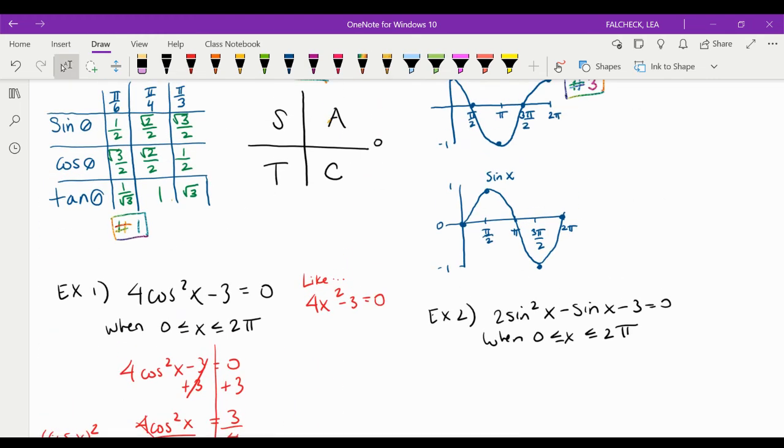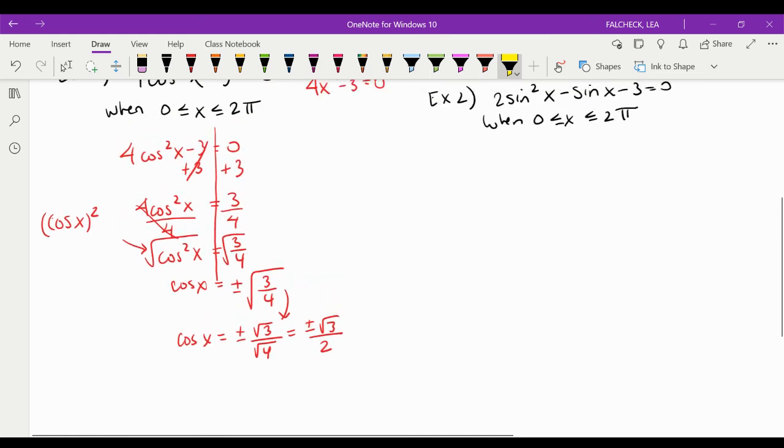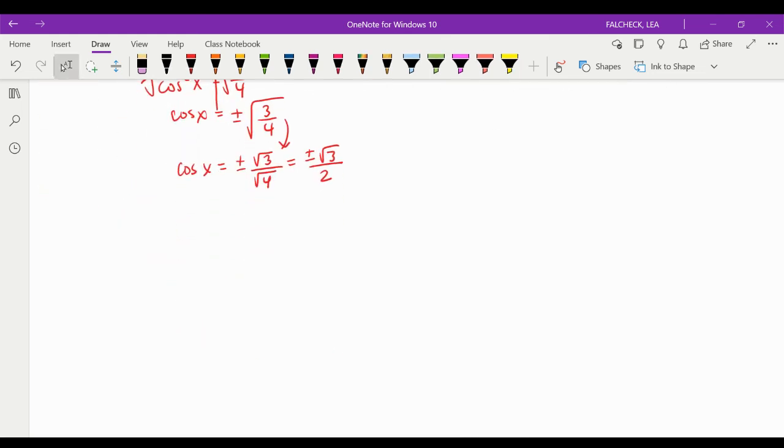I see it right for cosine right here. Okay, so pi over 6. Cool. I'm thinking in the vein of pi over 6 now. All right. So rad 3 over 2 lives in the pi over 6 column. And I want to figure out this plus or minus nonsense right here. And how I would do that is I'm actually going to have 4 answers because I want the positive and negative values. So the values of x that will make cosine spit out rad 3 over 2 is, of course,